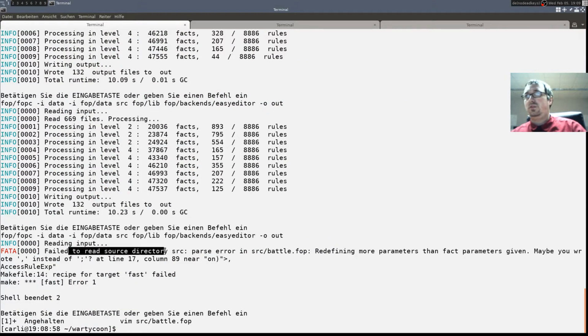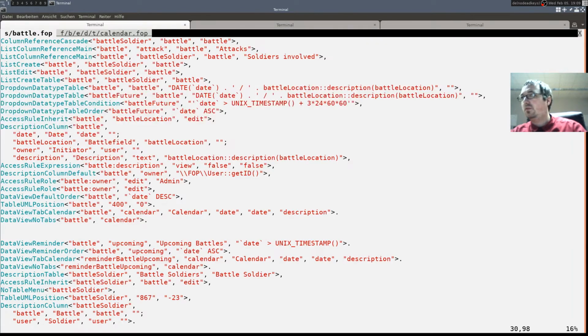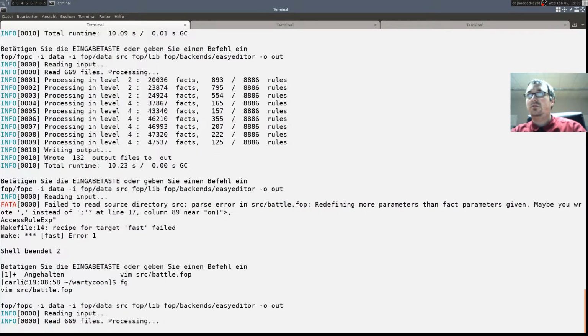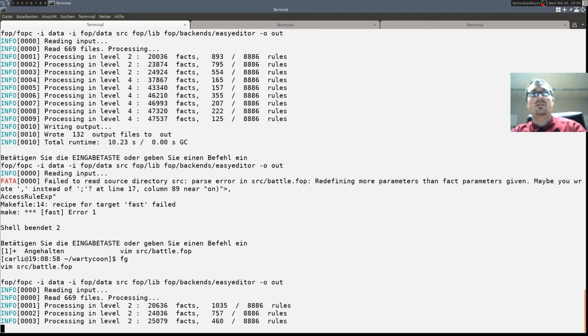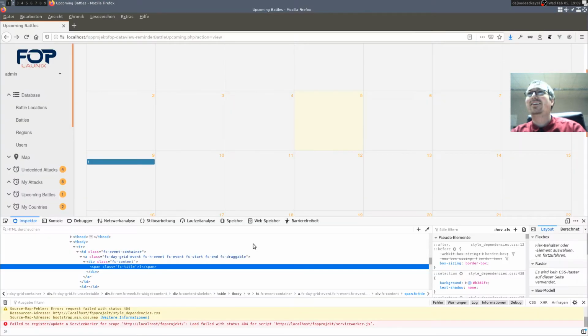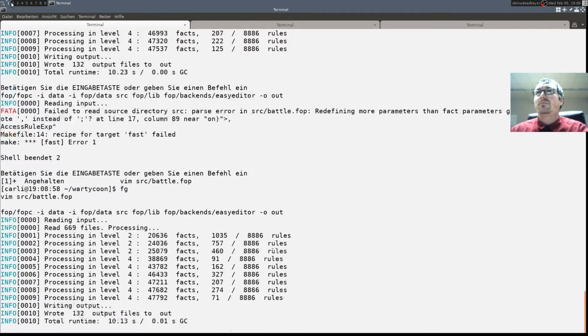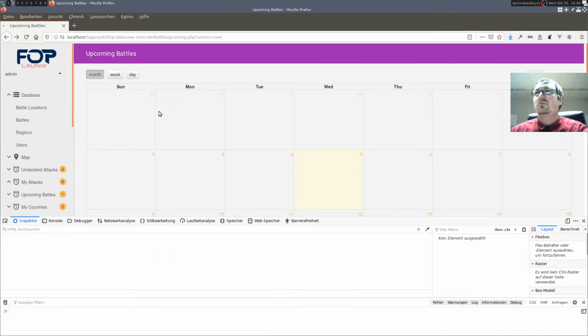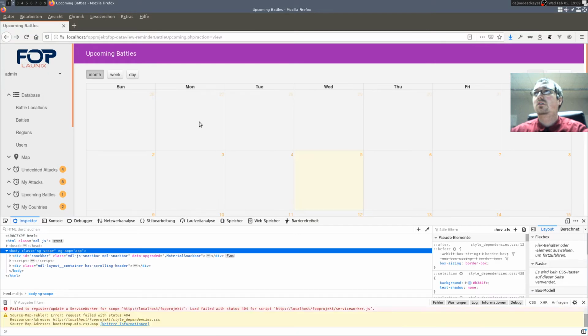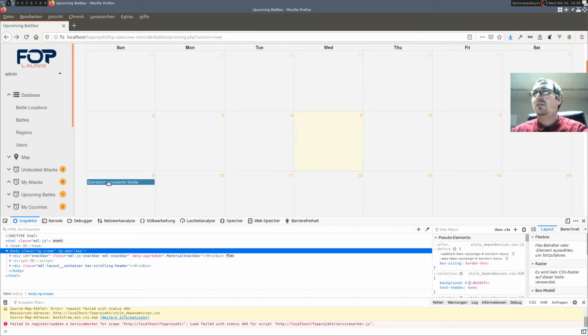So failed to read source directory source. Did you see that I swapped the column with a semicolon? So, upcoming battles, now I can